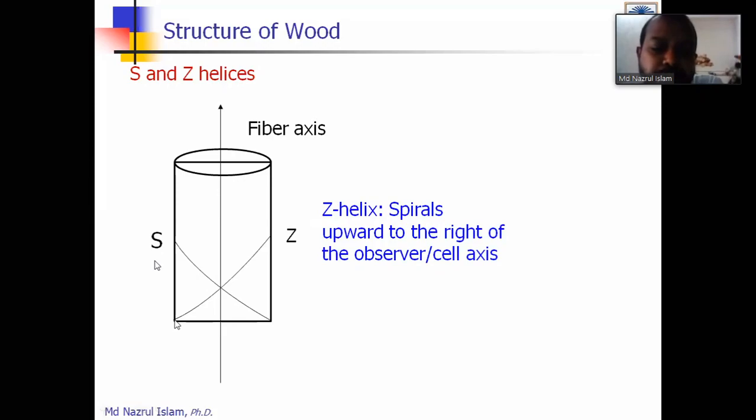So spiral starts from left and moves towards the right, that is the Z. And the spiral starting from right and moving towards the left, that is the S. So just like opposite to the clock, that is Z, and following the clock, that is the S. Is it clear? ইয়েস স্যার।